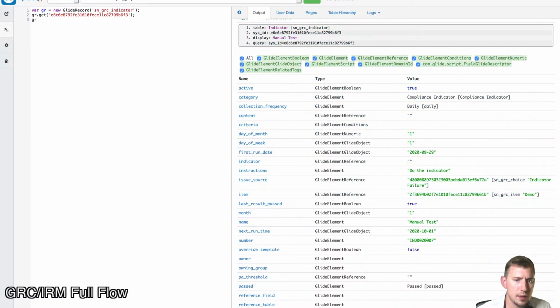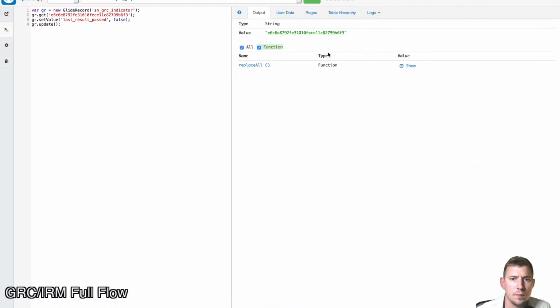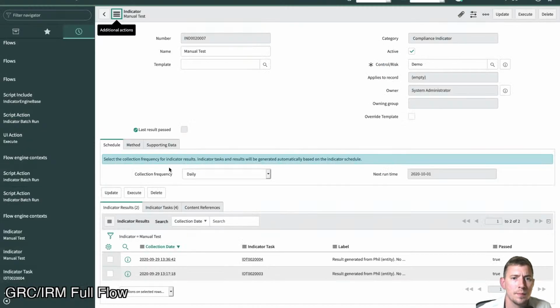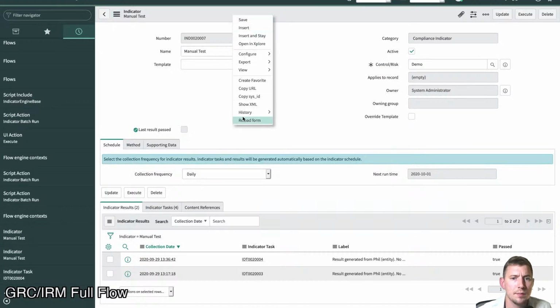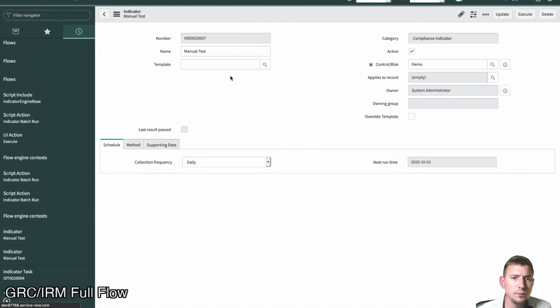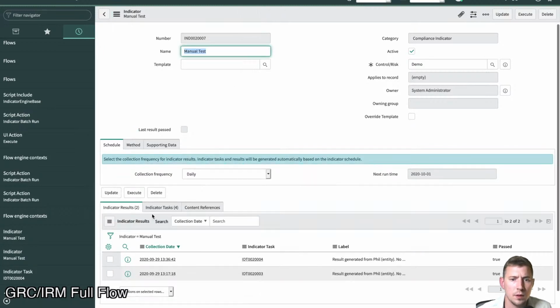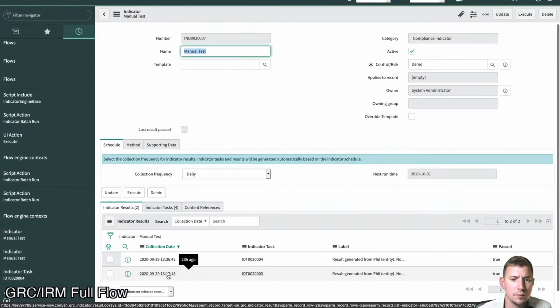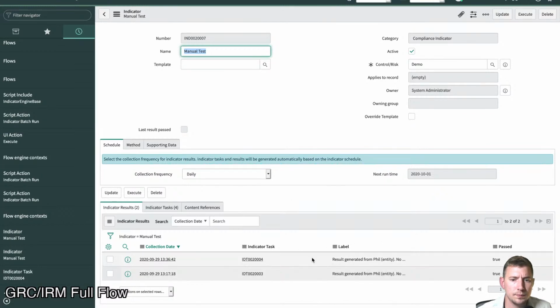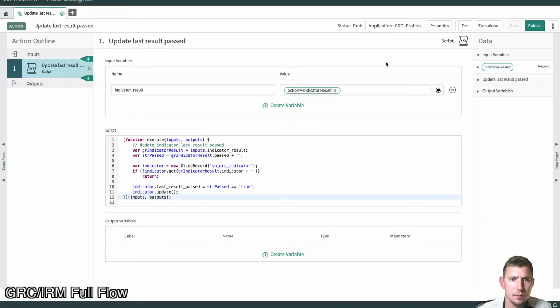If I set this to false, okay, look here, that's false now. This indicator result passed true. So if I test this flow designer,